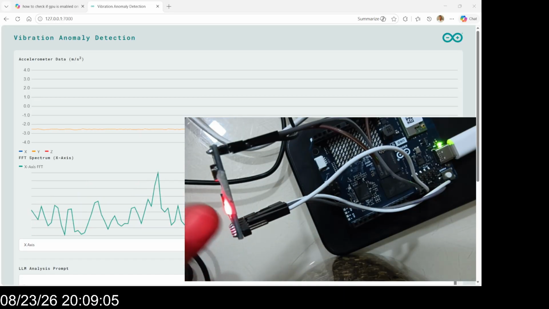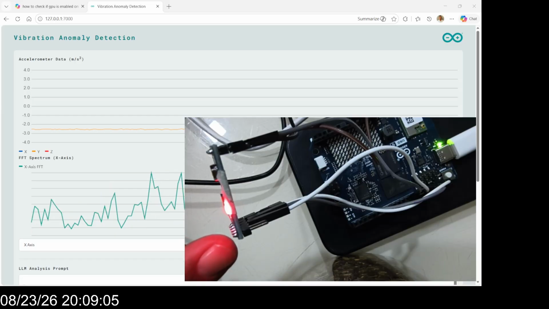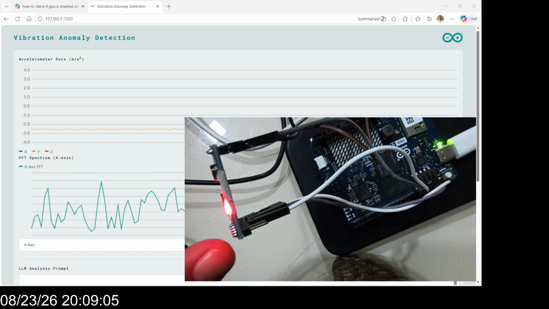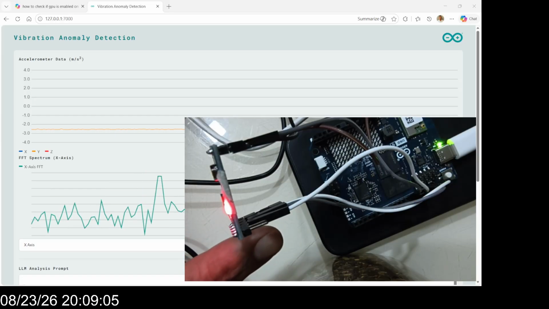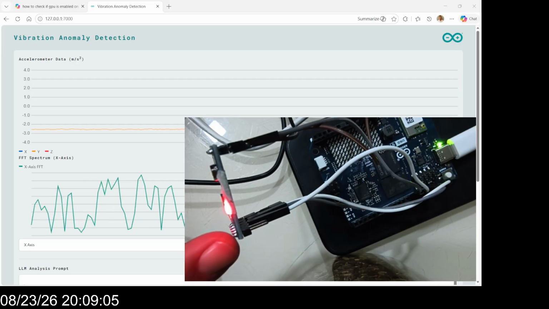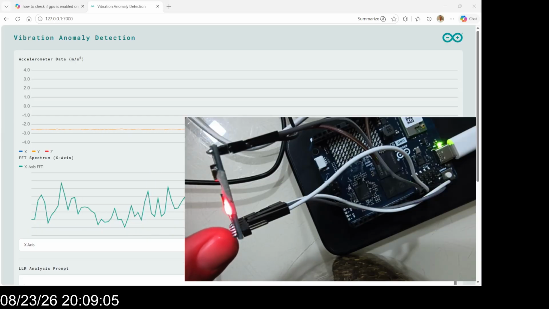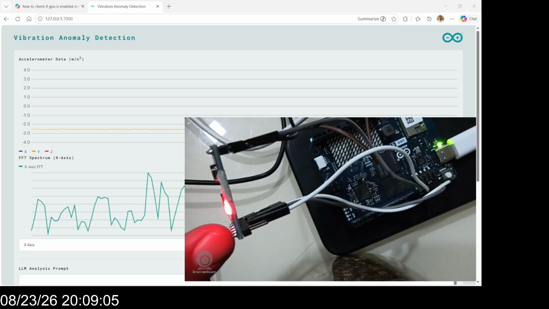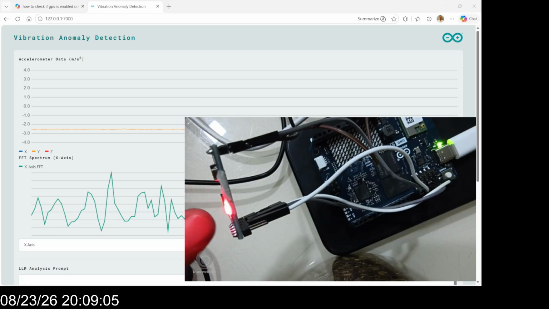So there are six connections between the two boards: two for the power supply from UNO to ADXL345, two for I2C communication for transferring data from ADXL345 to the microcontroller, and the ADXL345 has two control pins, one to select the I2C interface and the other for the chip select. Okay, so this is the overall